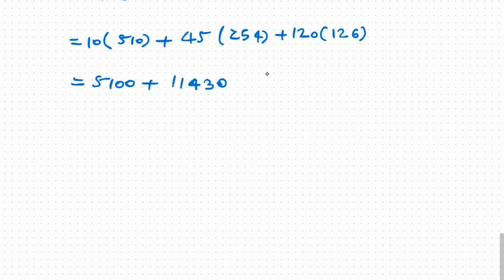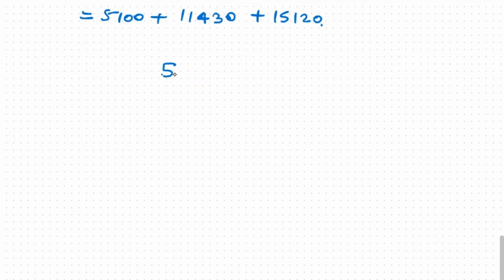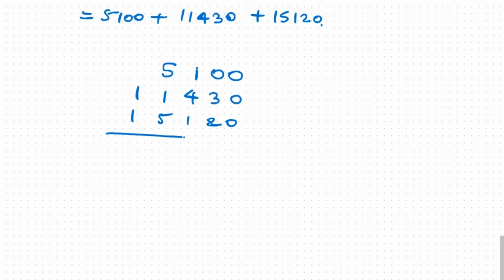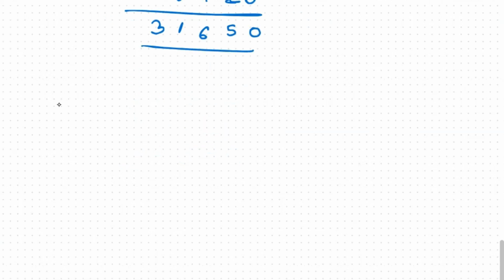The value of this through multiplication is 15120. That will be 5100 plus 11430 plus 15120. The sum will be